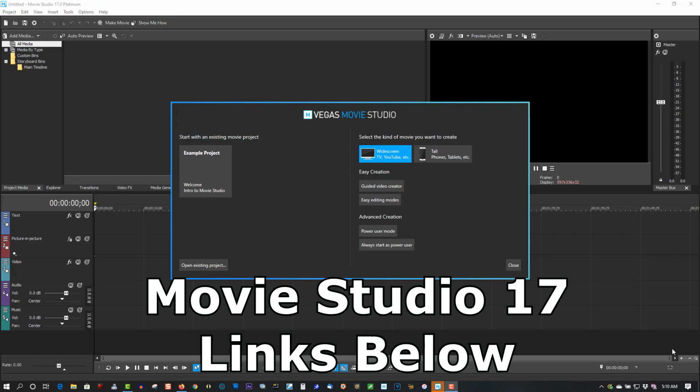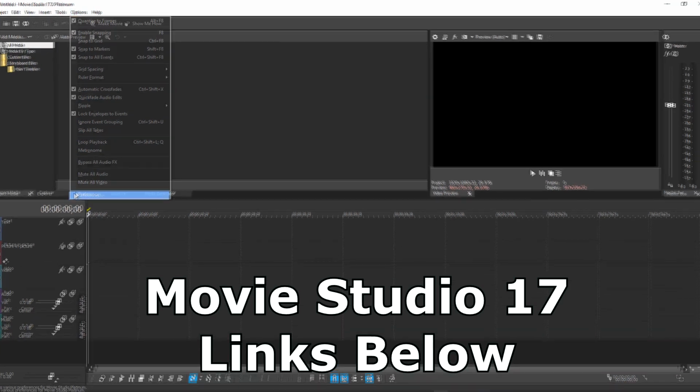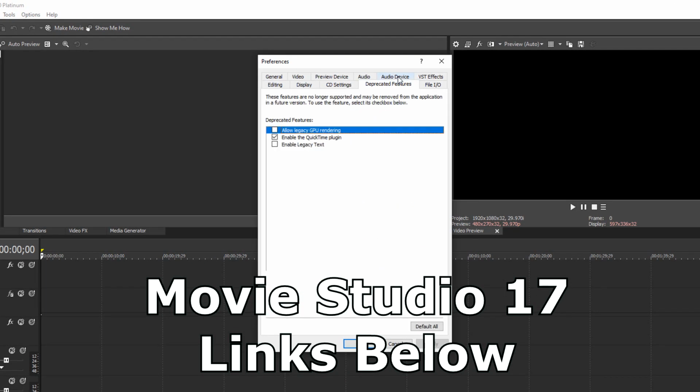But one thing you might want to do before you start the program is this: some options are no longer available, but you can reactivate them by going to Options, Preferences, especially this one here. This is not enabled by default. Enable the QuickTime plugin. So if you're using MOV files, they won't work initially unless you enable this and restart